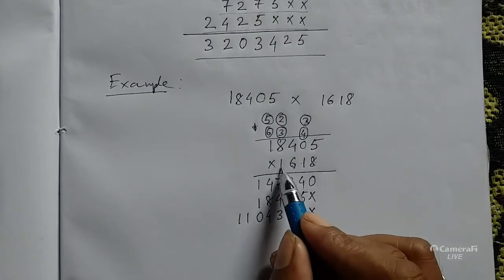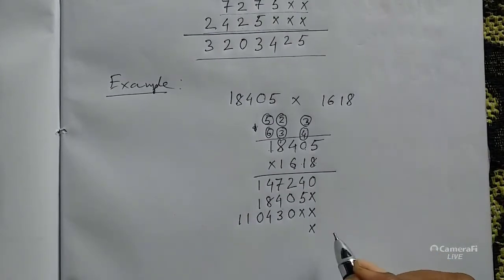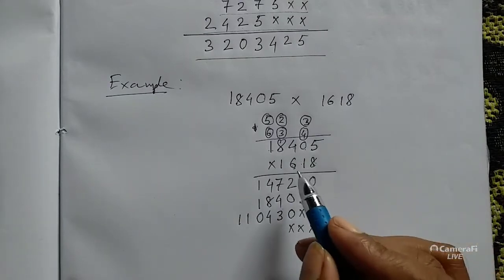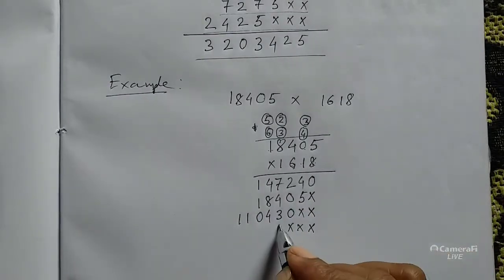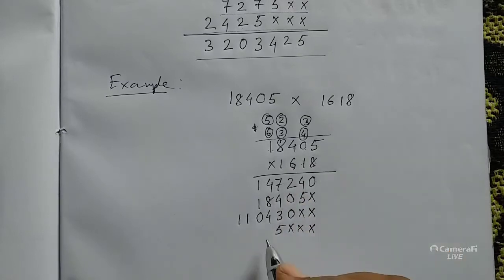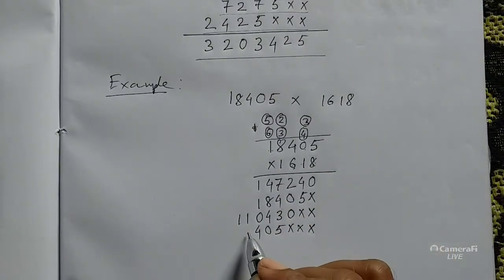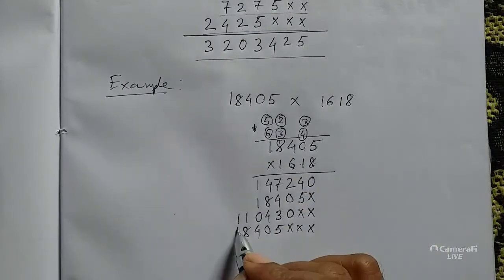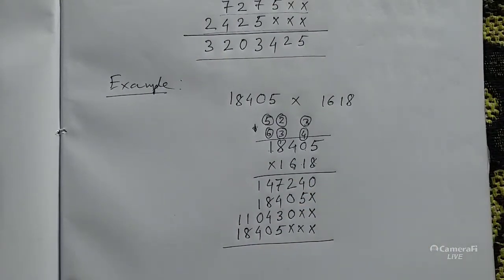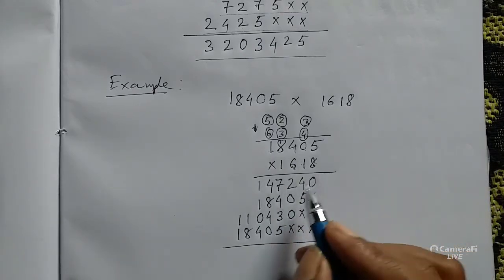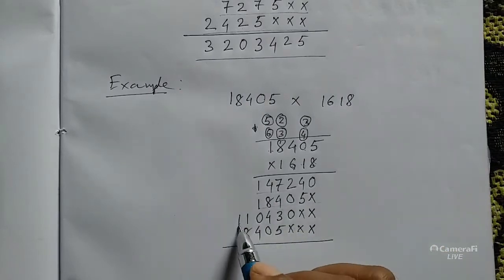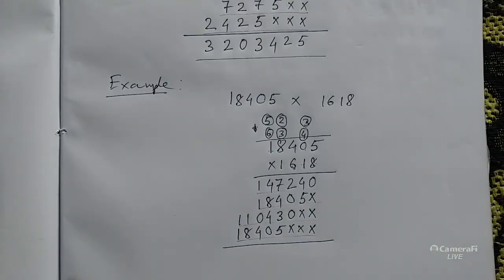Now for the last row we will put first 3 cross signs one after another in places. Now by 1. 1 5 is 5, 1 0 0, 1 4 is 4, 1 8 is 8, 1 1 is 1. This completes the multiplication. Now you have to add all these rows. Check how many rows there are for a 4 digit multiplier: 1 2 3 4 rows.